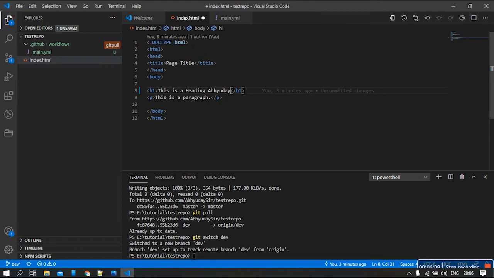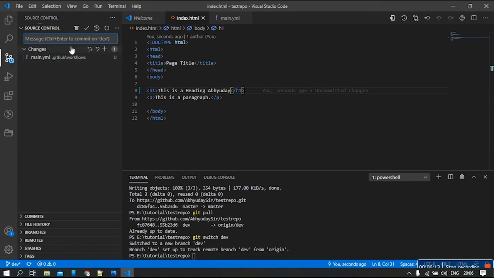I've made a little change to my index.html as well. So now these changes are waiting to be staged and committed to the repository. First the local, definitely. So I'm going to stage all the changes right now. All the staged changes need to be committed, so I'm going to write "deploy action files". This should be a good commit message. I'm going to commit it to my local repository.